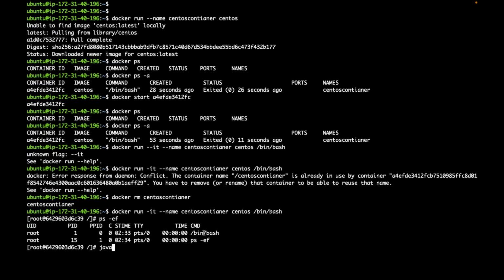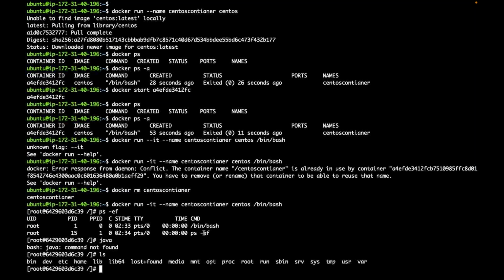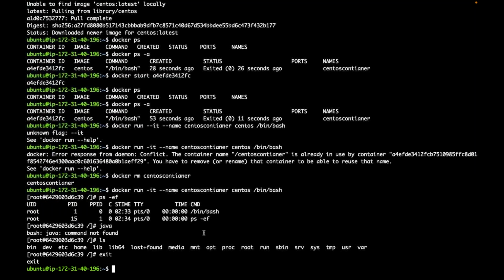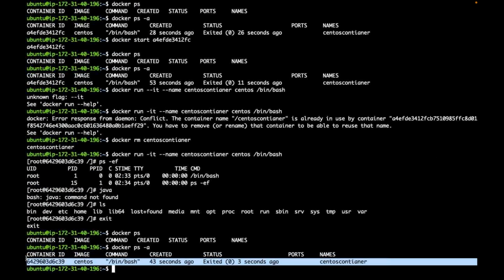Do I have any software like Java? Do I have any software like Jenkins, Tomcat here? No. If I come out of this container, if you see, is that container in a stopped state? Yes. But if required, can I use this as a base image to create my own image with required softwares,